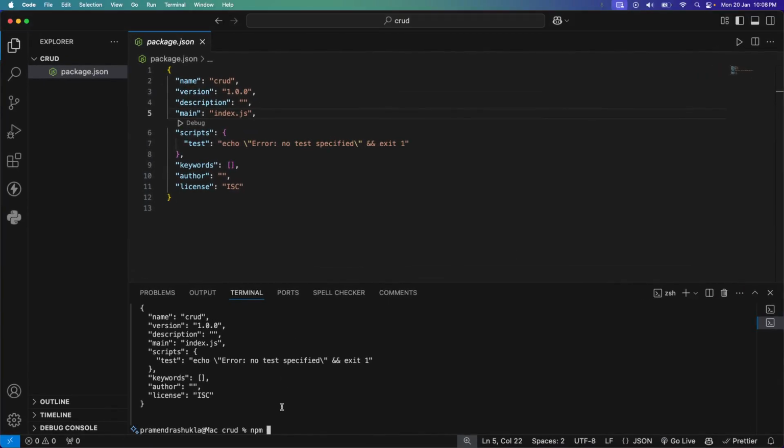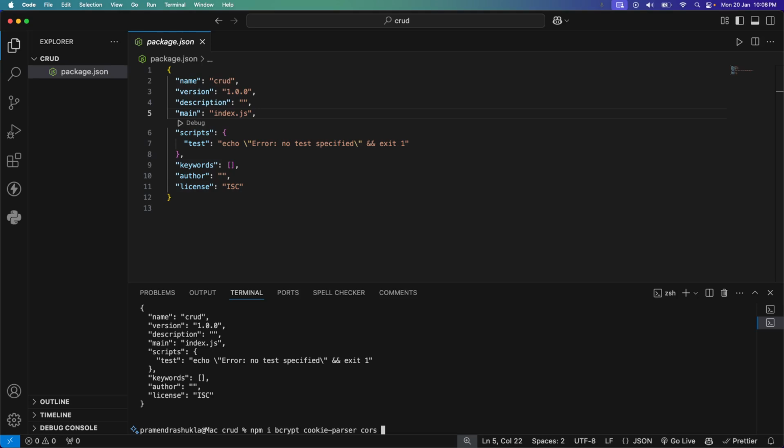Now inside the CRUD application, you need to install some libraries from npm. As I said before, you need some libraries, right? So first of all, you can directly install all the libraries that we are going to use inside the project. I will explain them whenever we use the libraries. So for now you can write the command npm install